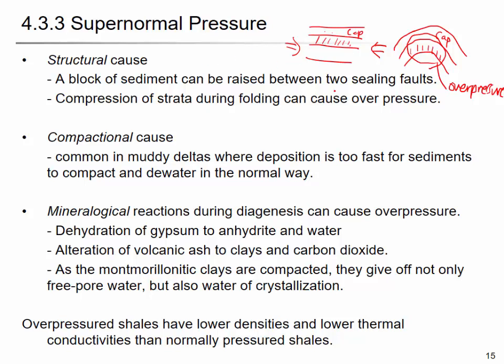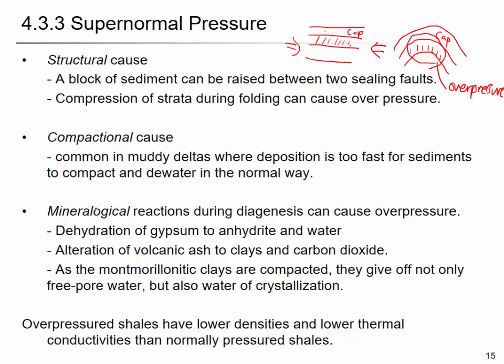And you can have some sealing fault too. And the compactional cause is the one that I told you just before. So commonly in muddy delta where deposition is too fast, for sediments to compact and dewater in the normal way. So the sedimentation was too fast and the water couldn't escape, so that you have overpressure